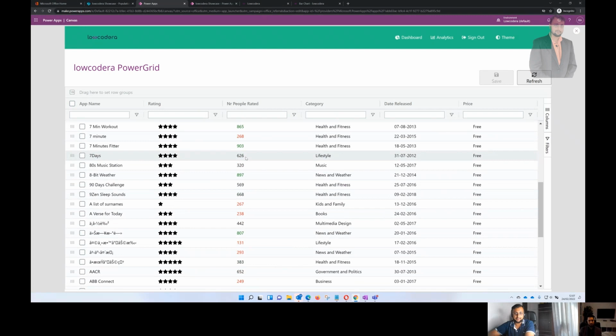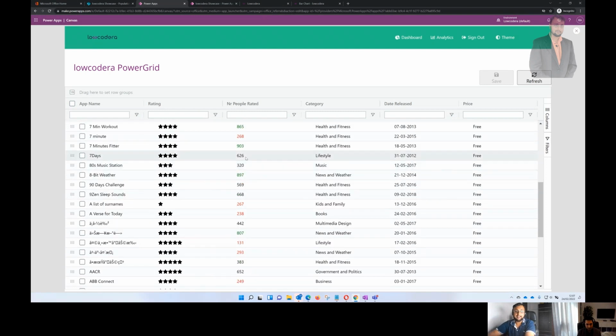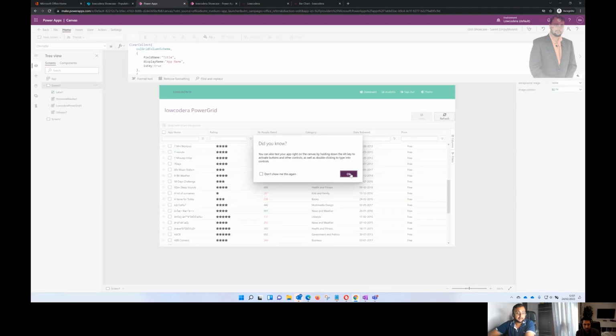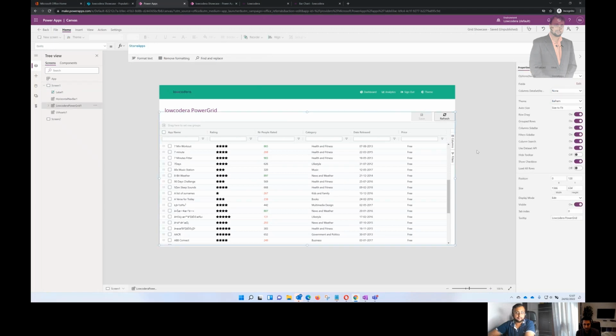Yes, absolutely. So this is fantastic, and I just wanted to tell all the viewers who are watching this, like let's say the grid component which Rahan demonstrated earlier, how easy it is to configure. So Rahan, if you just close the edit mode of that, it's just one component, and every configuration is just by configuring the different properties on the right hand side, and you are good to go with your power grid. So this is really amazing, and obviously you need to read the documentation from the official Lowcodera site, and after that you can just follow the steps and you are good to configure this particular power grid